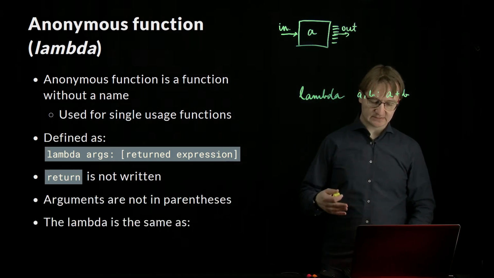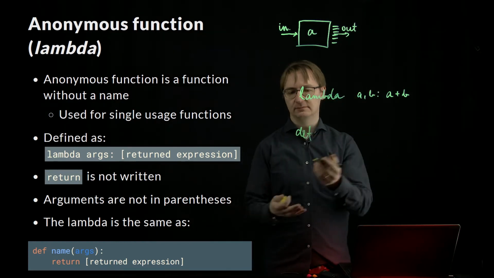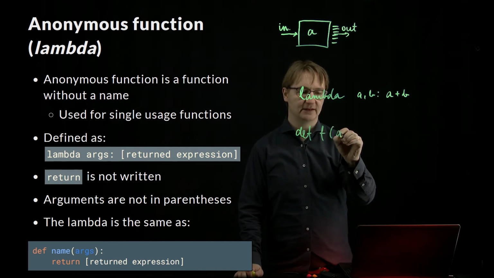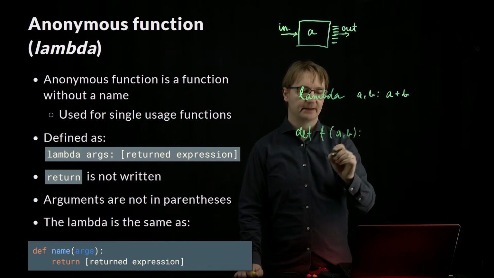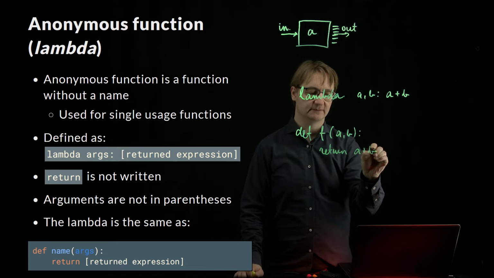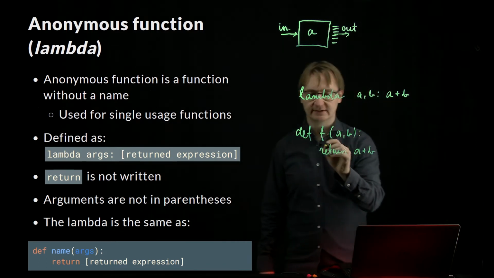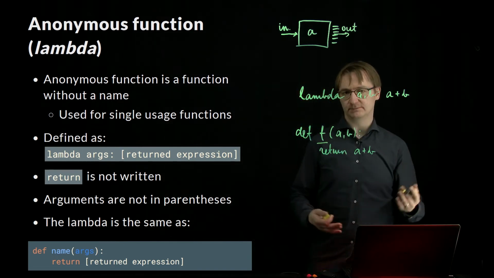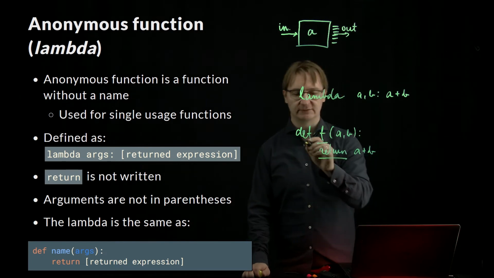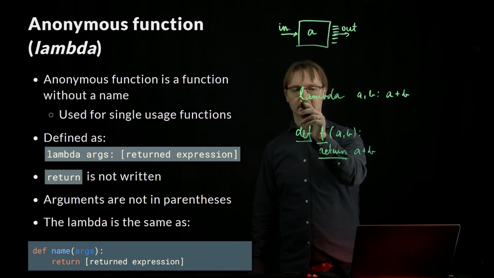This is basically the same as if I would write def. Now I have to think up a name, let's say a function called f. a and b are the parameters, and I will return a plus b. So basically those two are the same. The difference is that here I have to think up the name, and I also have to write the return, and I have to write def. Here instead of def I will use lambda,